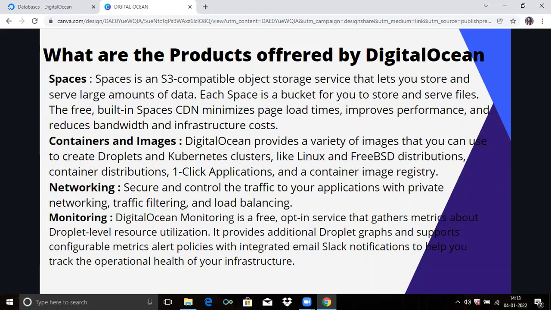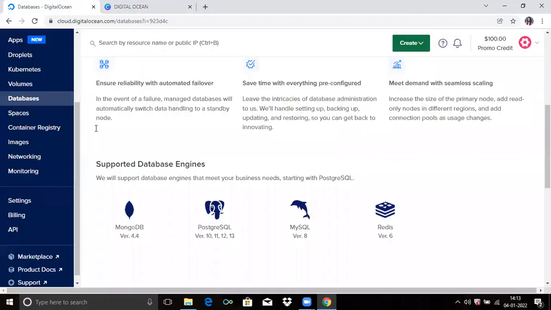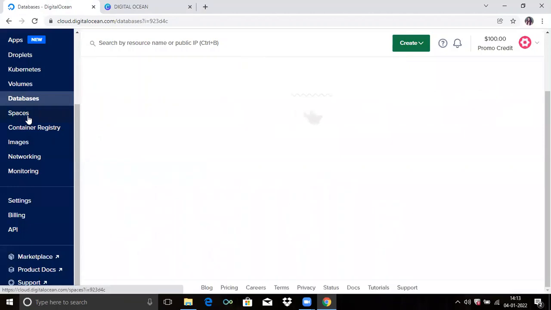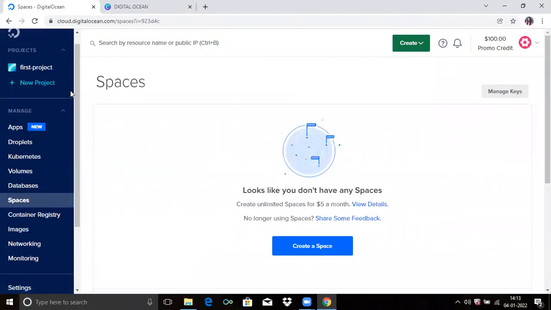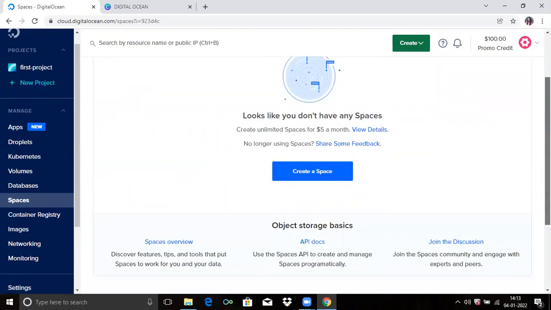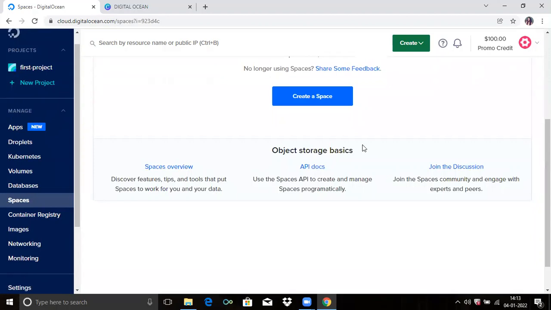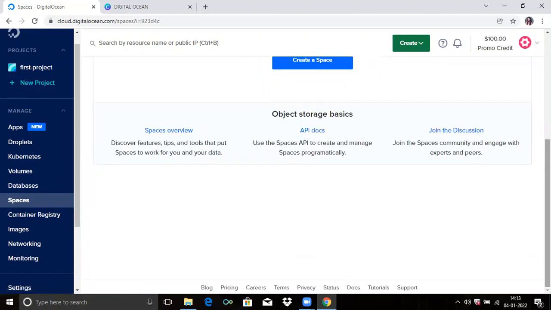The free built-in Spaces CDN minimizes page load times, improves performance, and reduces bandwidth and infrastructure cost. If you click on Spaces, you can see create a new space if you want to create one, and here you can see objects storage basics, Spaces overview, API docs, join the discussion, like that.